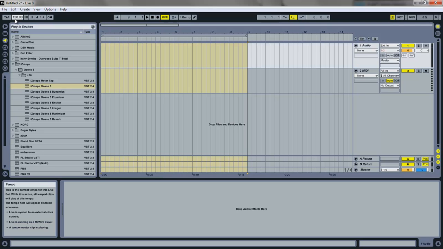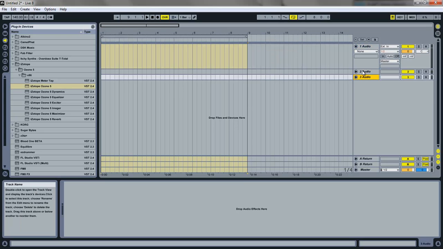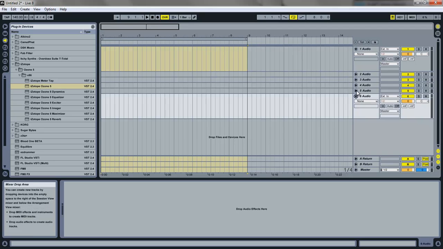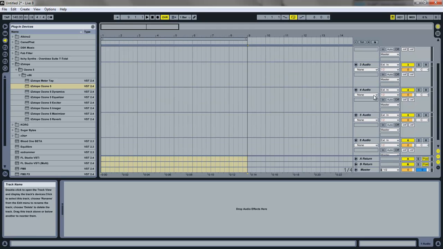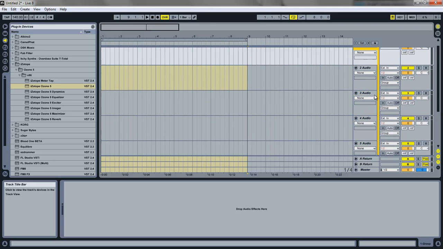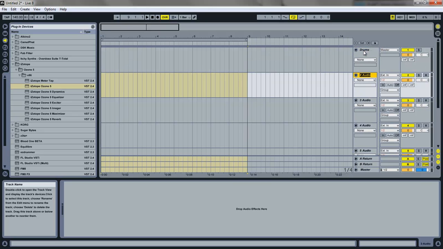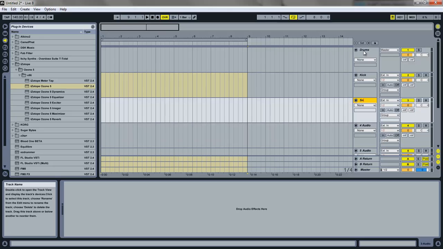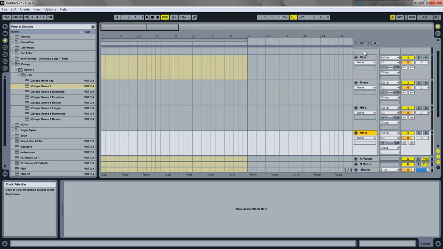Now I'm going to change my tempo to 140. And I'm going to delete this MIDI track, and I'm just going to do Control T like 6 times, so I have 6 audio tracks. And this is for my drums right now, so I'll select the top one, go down to the last one, hold Shift and click it, and press Control G to group them all. I'll press Control R to rename the group to drums, press Tab, rename this one kick, press Tab, snare, Tab, hi-hat left, Tab, hi-hat right, Tab, hi-hat C for center,